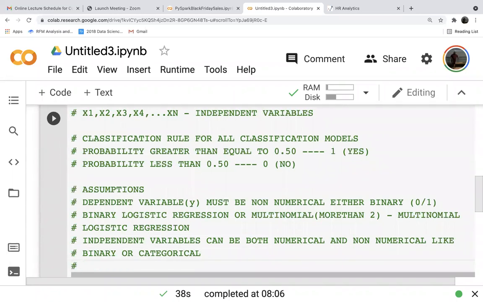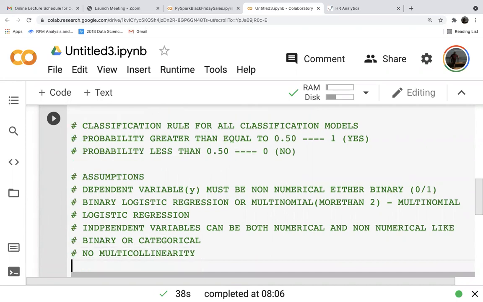And then no multicollinearity. This is also common from multiple regression. There must not be any multicollinearity. You all understand multicollinearity, right? Yes, sir. And also exogeneity.